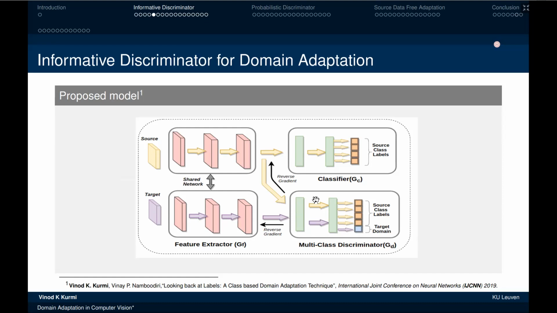For example, if we have 30 classes, then we can use a 31 class discriminator. So the discriminator objective is not just to divide source versus target, but also to divide target versus source classes. So suppose it has n classes, then we have an n plus one discriminator here. Because we don't know the target classes, we cannot divide the data, which means we cannot classify the